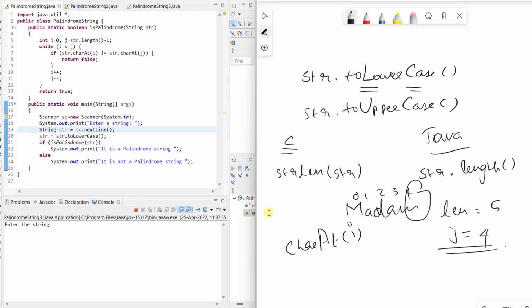Here i indicates the index value. So if i is equal to 0, at index 0 we have a character that will be returned here. So charAt(0) means we'll get the M value, charAt(1) means we get the A value. So we are retrieving the character from the string using its index. For that only we use